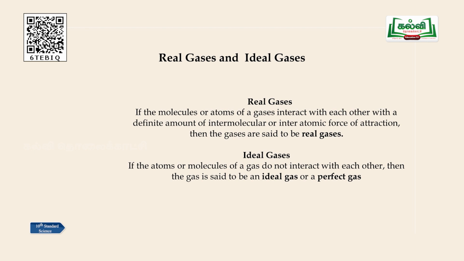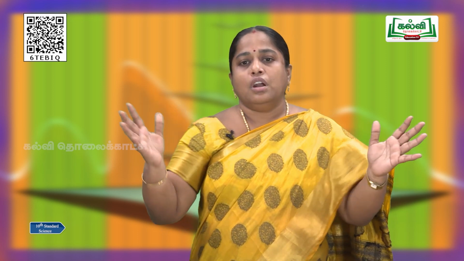Now let us go for the ideal gas. When we talk about an ideal gas, it will not interact with other gases. They will be separate. They won't be reacting with other gases. This kind of ideal gas will be very helpful for studying different kinds of experiments, right? So if the atoms or molecules of a gas do not interact with other gases, then I can call that gas an ideal gas, or another name is perfect gas. When we use these two gases in our different experiments, we can find new theories, right?